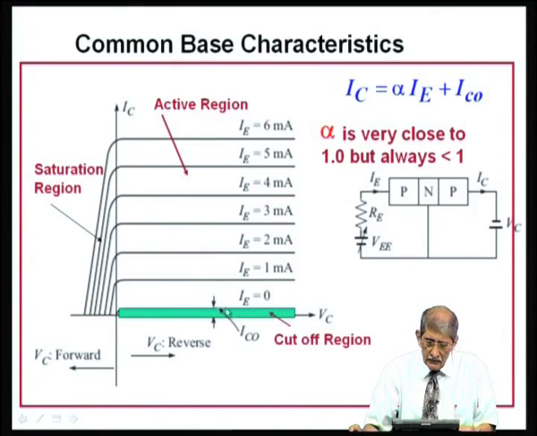But so you can see, 1 milliampere is IE, IC also will be very close to 1, 0.99 maybe. 2 milliampere is IE, but throughout it will remain 2 into alpha, that is 0.99 into 2. Okay. But if I reverse this polarity,